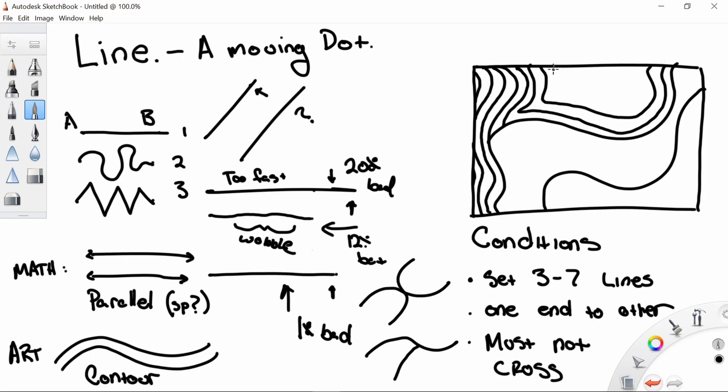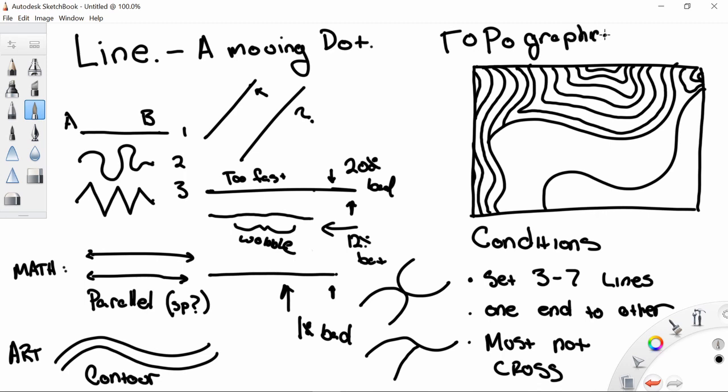You're going to go until the space is totally filled up. And an interesting thing, I think, is that depending on where you start, your project is going to change. Different areas of the page create different relationships between the contours of the line. This you may also see in topographic, I should say,